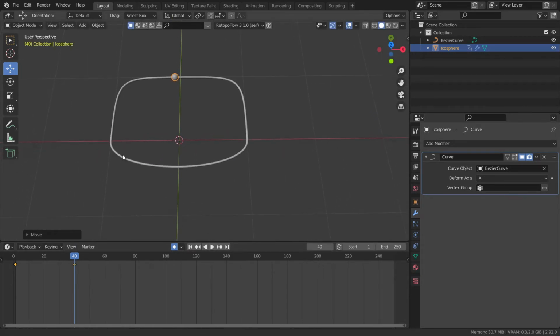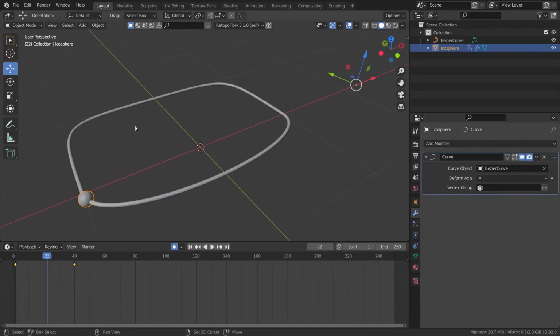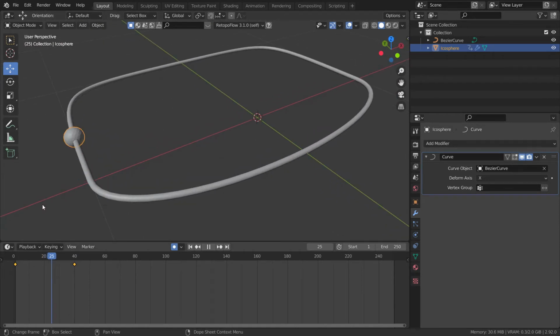So now if you'll see, between 0 and 40 my electron, I mean the sphere which I am representing as an electron, is flowing.